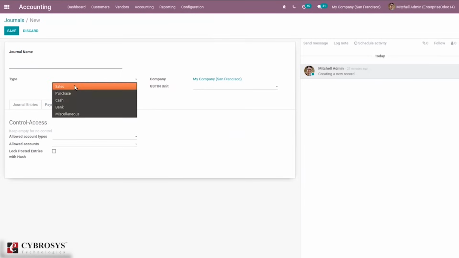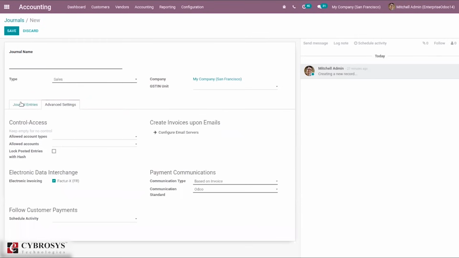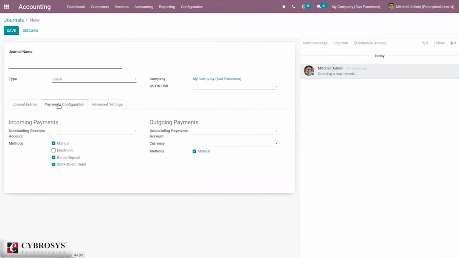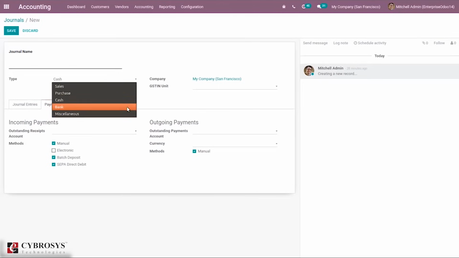If you select sales, according to that, some options will be shown here. And for bank and cash, you can see a new tab, that is payment configuration. In Odoo 14, we have an option to set an outstanding receipts account and outstanding payments account for your journal. This option is only found for cash and bank.